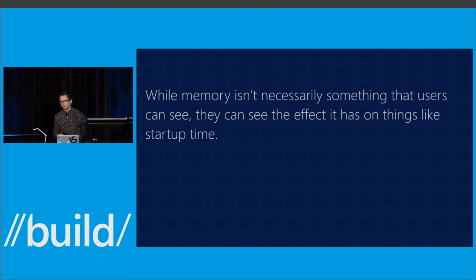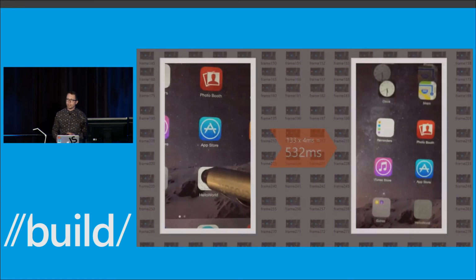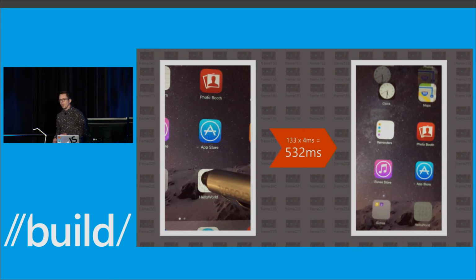So here's what we did. We took each of the devices and we took a high-speed camera filming at 240 frames per second. And then we divided that film up into individual stills, each of those stills being roughly equivalent to 4 milliseconds. Then we went from the exact start time of the touch,